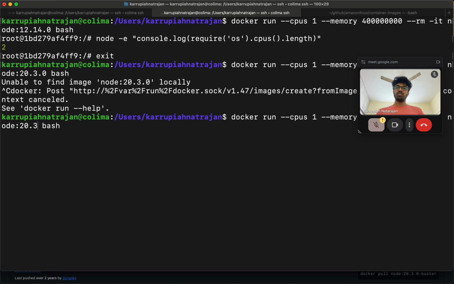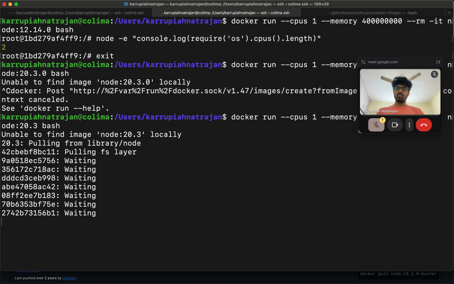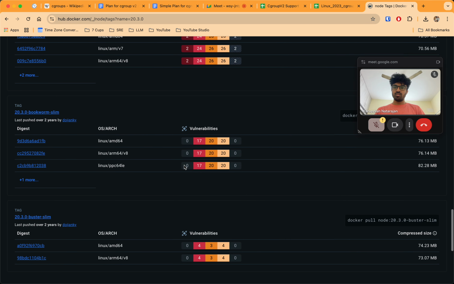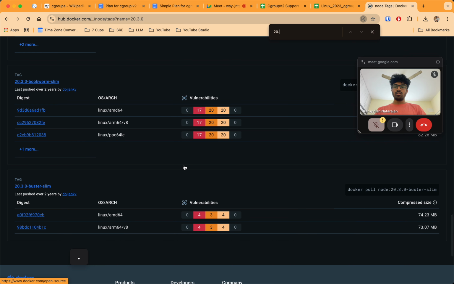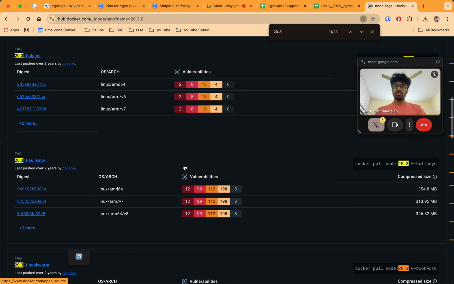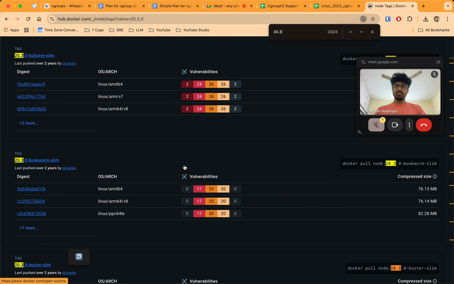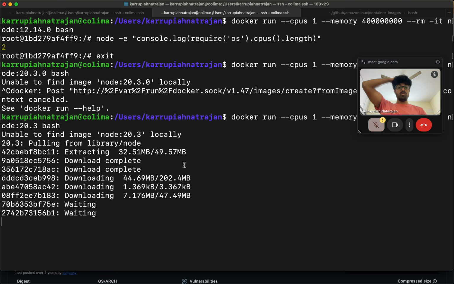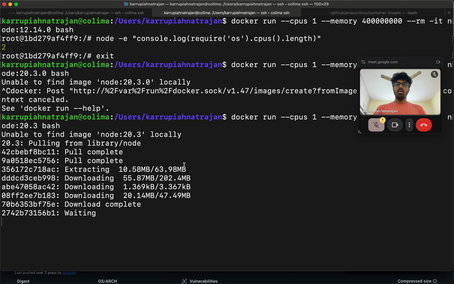Let me just say 20.3. I don't think it will work. It will fail. .0. Oh, how it works. So they did have just 20.3 also. Interesting. Let it run and then I'll try it out with just .0 also, and then I'll try with something older, let's say 19 or something, to see how it comes up.